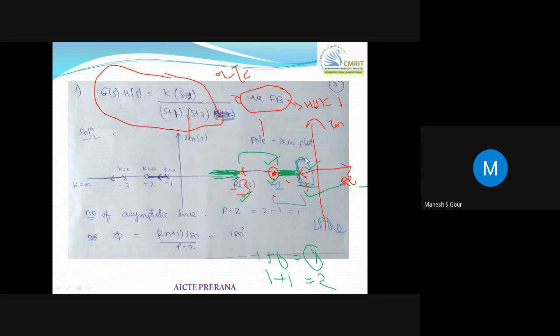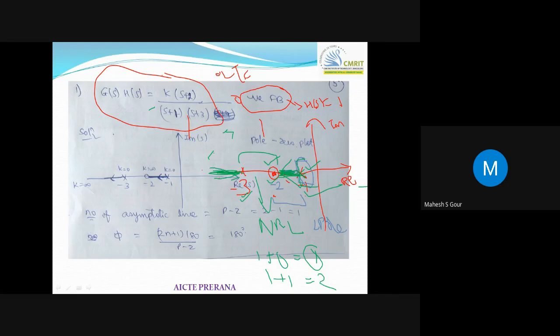Okay, now you have done this. I hope it is clear where the root locus lies. Now, as I explained, the root locus always starts from a pole and terminates at a zero. Sorry, it starts from pole and terminates at zero. So it starts from -1 and terminates at -2, and in between there is no root locus, right? And here there is one more root locus.